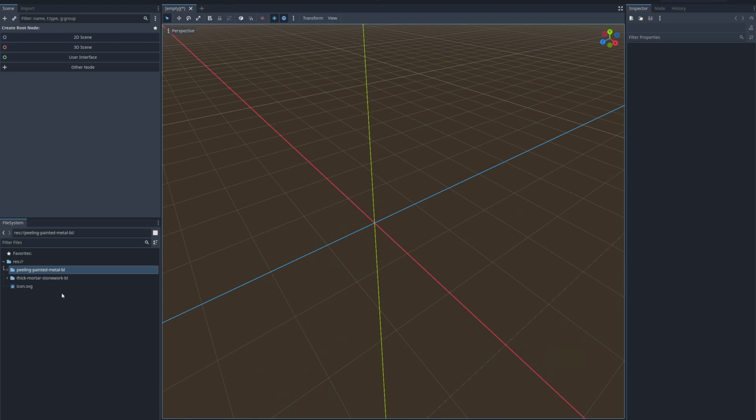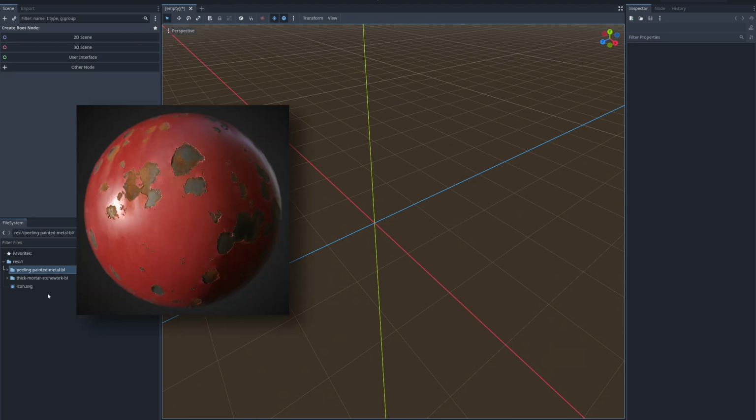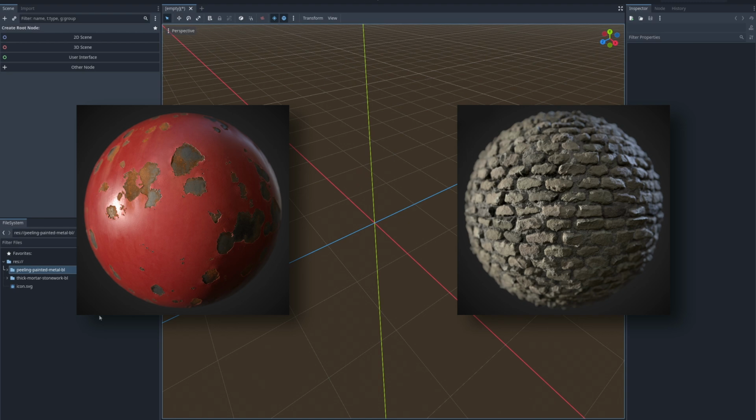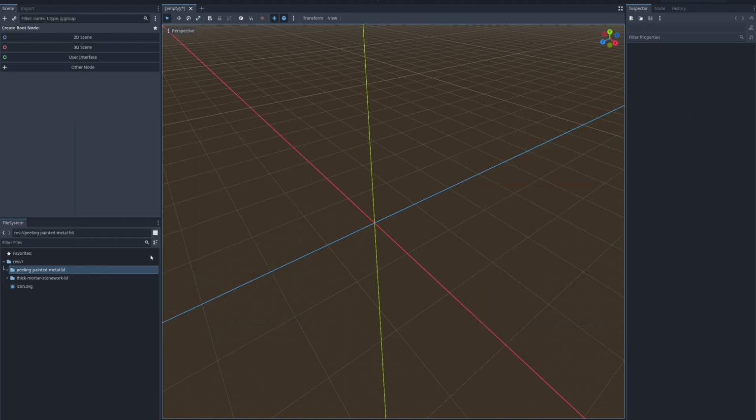Download two texture packs which are in the description: Peeling Painted Metal and Thick Mortar Stonework, and just drag and drop them to your project. Now let's create a new 3D scene